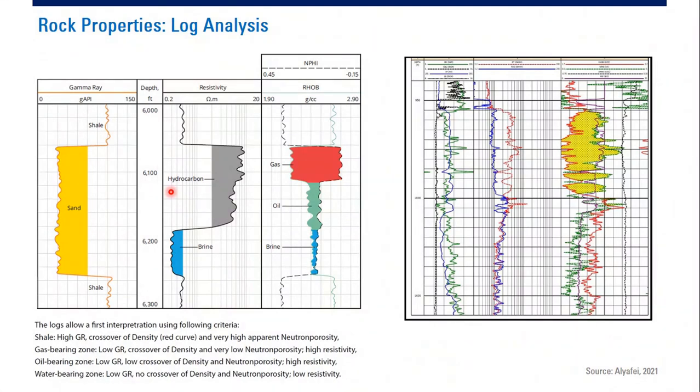To know oil or gas, we need to combine with the density log and the porosity log. Then by petrophysical evaluation, we have the gas zone, gas cap, then the oil zone, and then the aquifer. But of course, this is very simple. The real log, like the left picture, is actually more difficult to interpret.